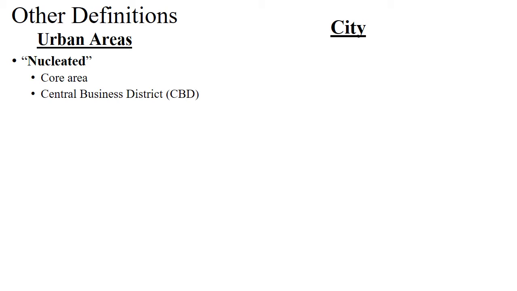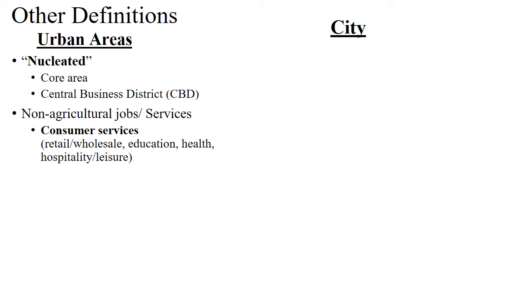But there are still other ways to define and characterize cities in addition to the legal boundaries. Urban areas can be thought of in terms of the amenities that they contain. Urban areas are often nucleated, as in they have a nucleus, right, a core area. This city core is often referred to as the CBD, or the Central Business District, which you've started to read about, I believe, if you've begun your chapter. As we'll learn later in this unit, though, the CBD is a center very often for non-agricultural jobs and services, a lot of consumer services, for example,